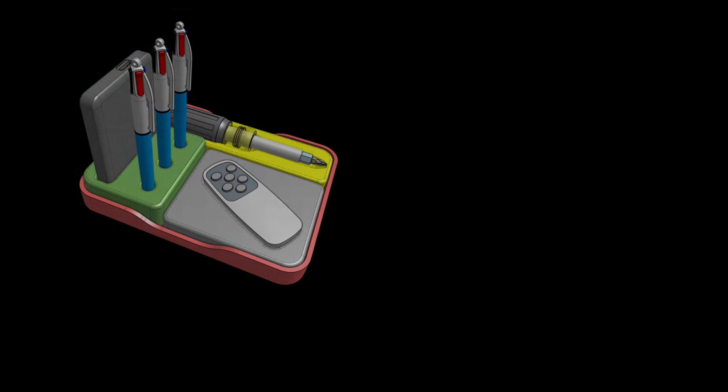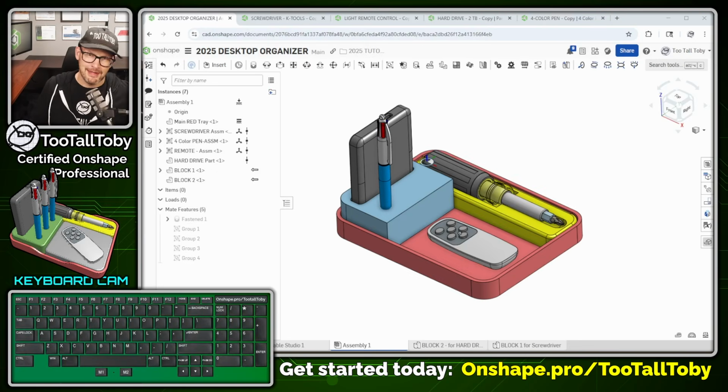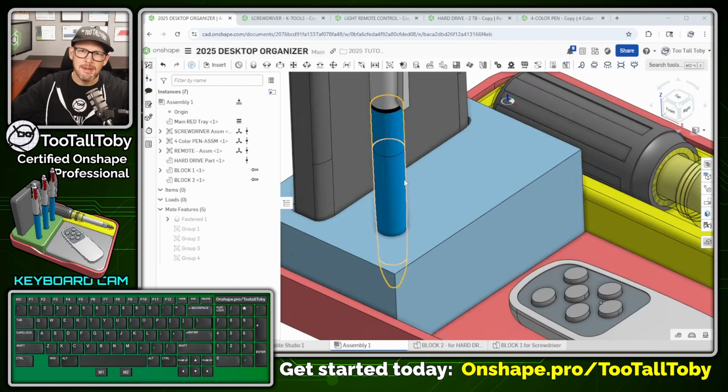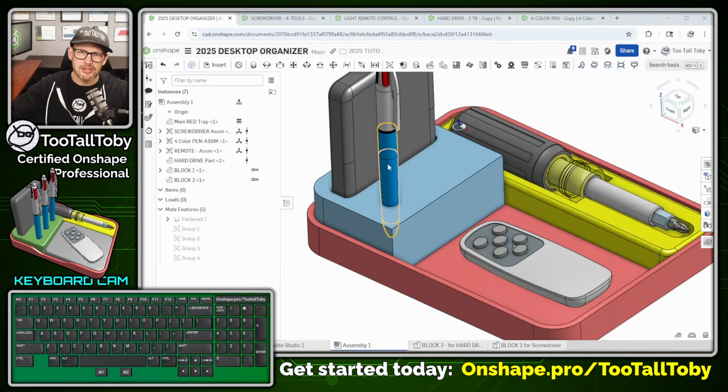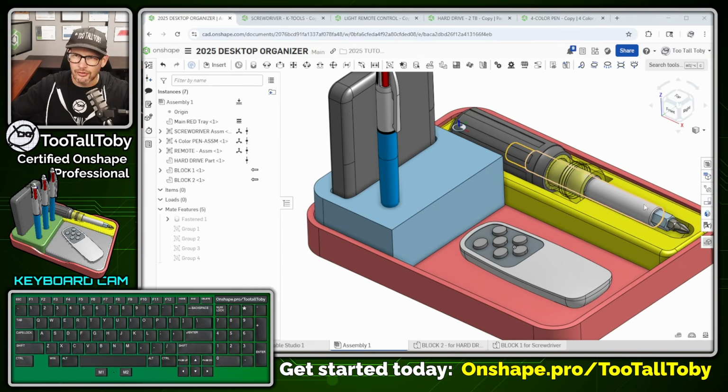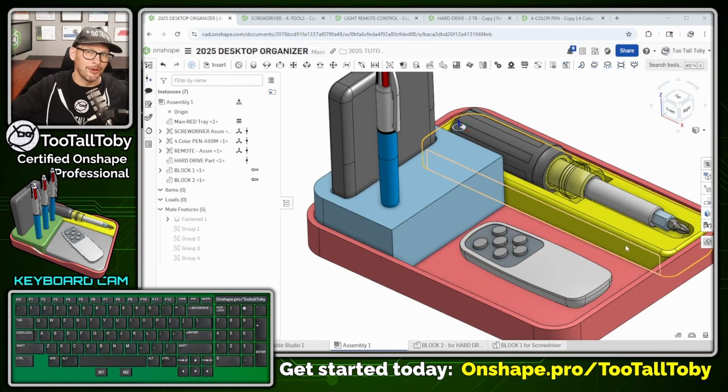All right, so now you've seen an example of using a Boolean to remove the material from that block, and that is probably going to be the most common one that you're going to use. The one thing I want to call out to your attention is that because this pen has got so much internal information, because the screwdriver's got so much internal information, it actually becomes a little more difficult to use a